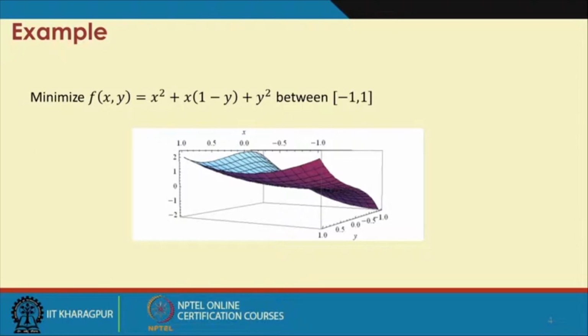I can start from minus 1 and minus 1, taking both x and y. I can start from 1, 1, I can start from 0, 0. From anywhere I can start. Depending on my starting position, convergence will be reached quickly or not, because in the search process, if the local minimum is very nearby to my guess point, that is my starting point, then we will quickly reach the optimal solution. Otherwise, I have to repeat the process by starting from different guess